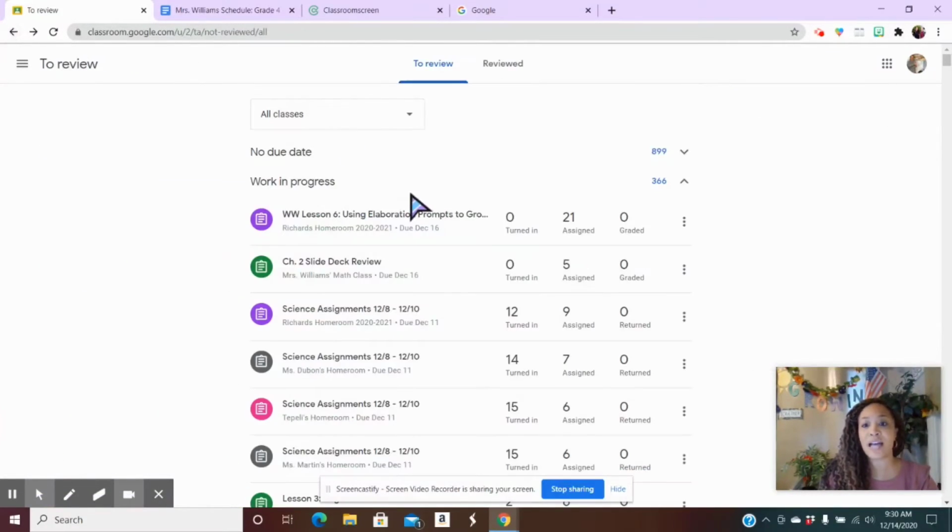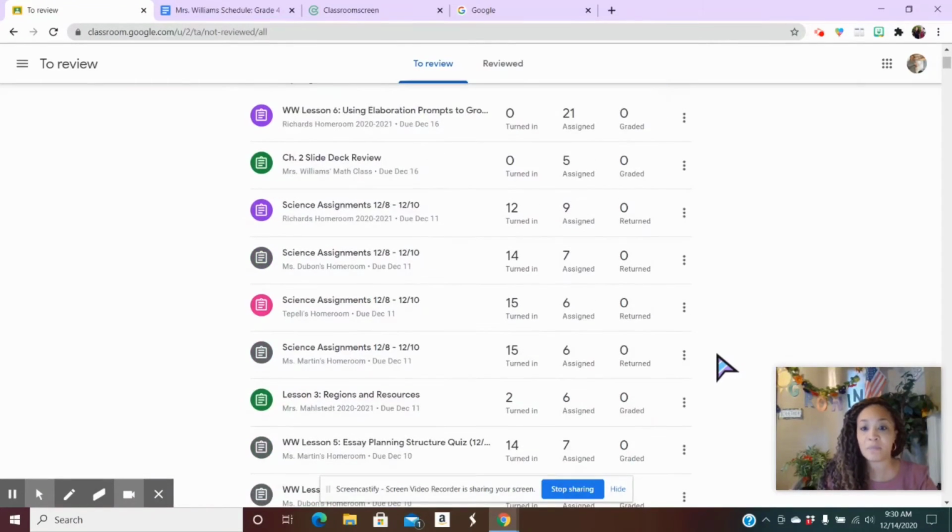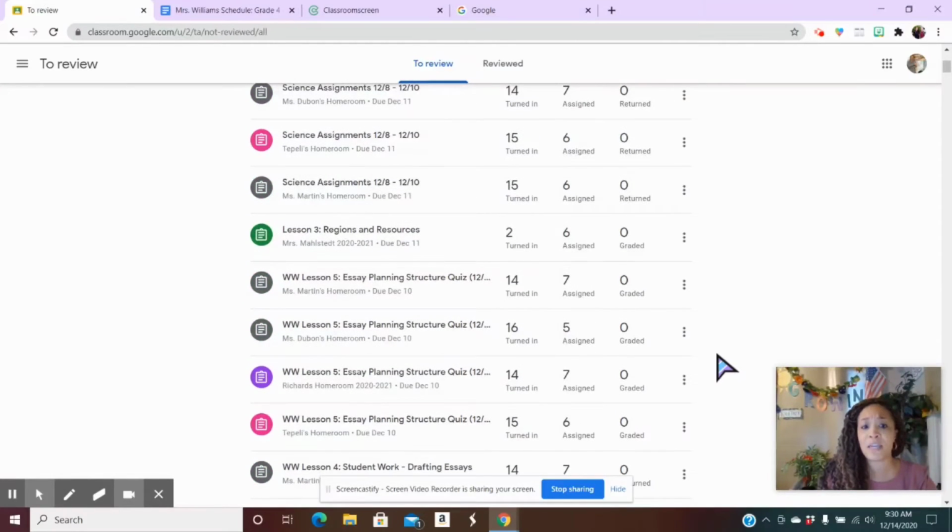Then, once you decide to use a check, check minus, or a grade, you can press the 3 dots here and you can mark that as reviewed. So if you put it in your grade book, you can mark it as reviewed and it's gone. So that way, it's a nice way of just keeping everything tidy,